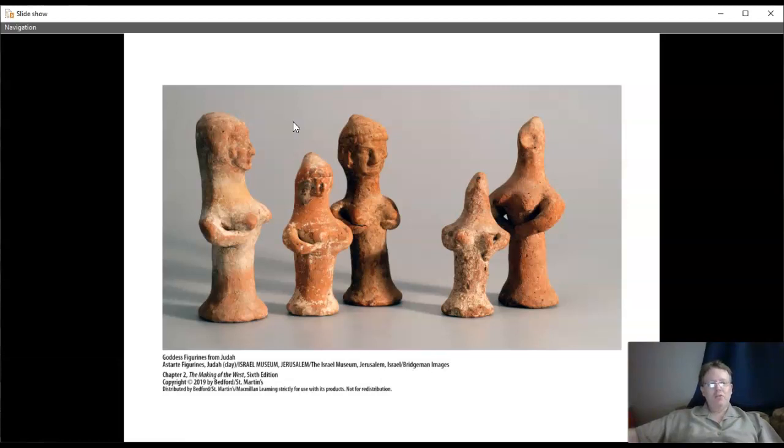So, even at the time of Judah, even at the time around the year 900 or 1000, it still appears that some Jewish people were still polytheistic. This is actually from the region of Judah, and these are different goddesses. These are different gods. So, even in the 800s and 900s, some Jewish people were still worshiping multiple gods. Some of them were still polytheistic, even though this covenant had been supposedly formed